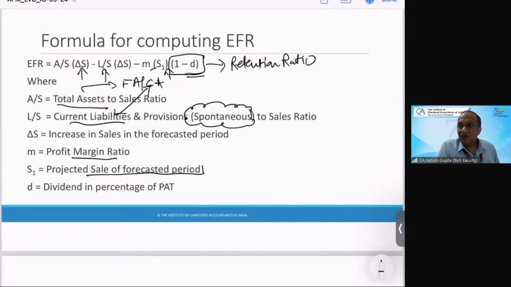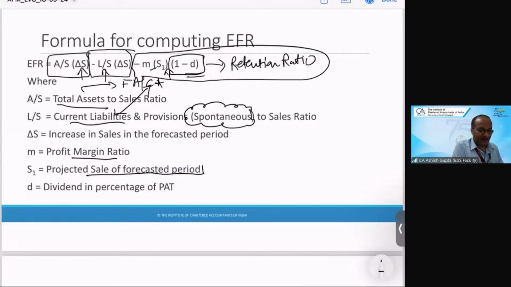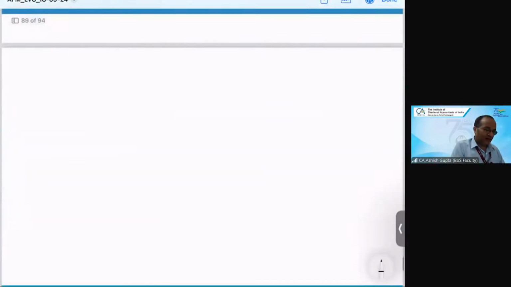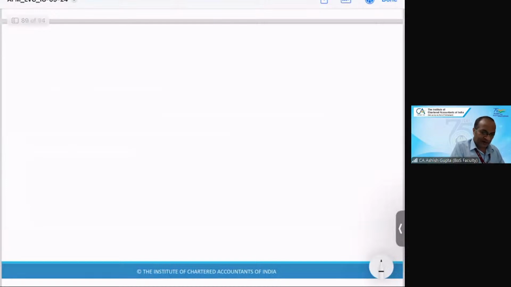If you see, basically this is the increase in the fixed and current assets, and this is the part financed by the current liabilities. The overall increase is this much, and this much of it will be funded by our internal sources. The rest will be our external funding. So this will be more clear to you, and I will show it by way of a diagram also. I am just presenting the diagram here.